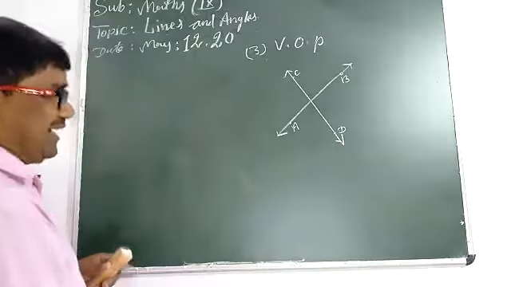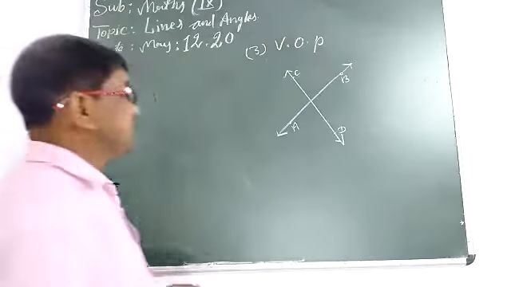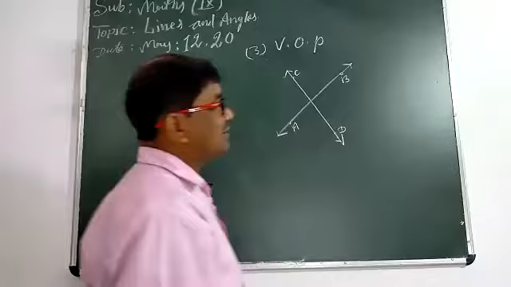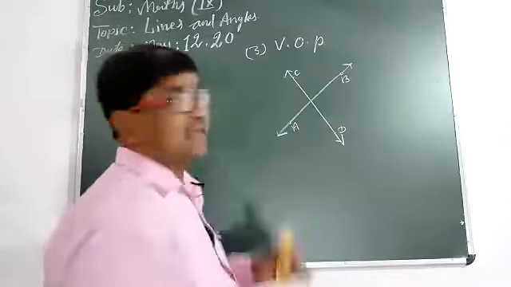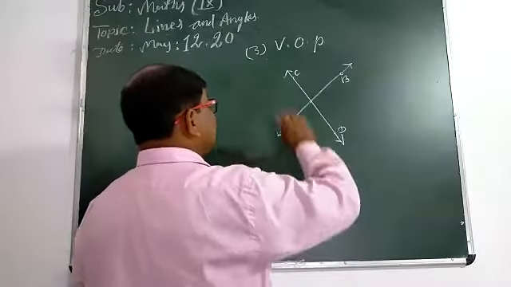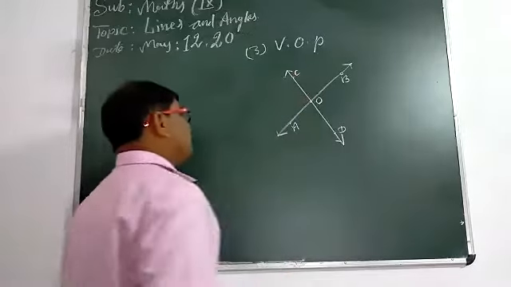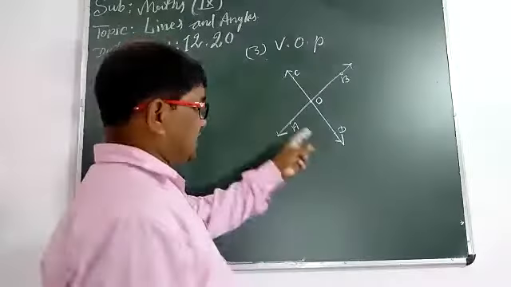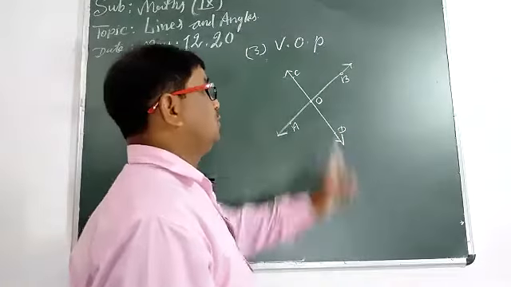In the next chapter, when we start Euclid geometry, we will discuss this briefly. AB is a line, CD is another line. They are lines in the same plane, but they are intersecting. Intersecting lines: one line intersects another at a point. Suppose that this is O. Now we can say AB is a line, CD is another line, and CD intersects AB at a point O.